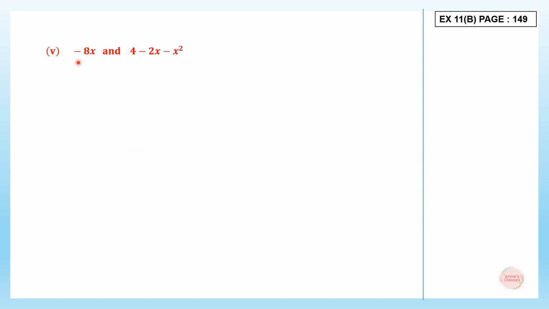Question 5. Multiply minus 8x and 4 minus 2x minus x square. So that will again be minus 8x into this whole thing, that is 4 minus 2x minus x square. So first we multiply minus 8x into 4 alone. So multiply the numerical coefficients, that is minus 8 into 4. So the signs are one is plus, one is minus, minus into plus is minus, 8 fours are 32, and